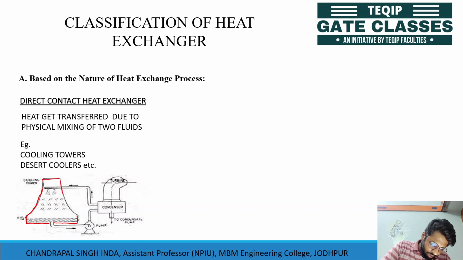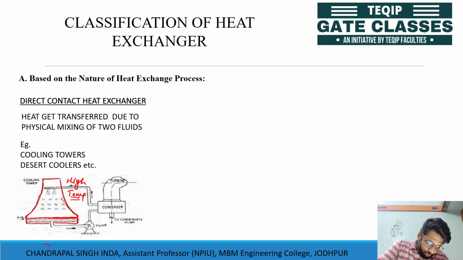So here the two fluids are air and hot water. This is a cooling tower, and this is a sump tank where the water gets stored. In a steam power plant, after the condensation process, the water is still at a high temperature, and this water is required to be recirculated in the condenser so that we can condense the steam in the condenser. So it is required to cool down that fluid which is at a high temperature. And here the fluid is entering at a high temperature.